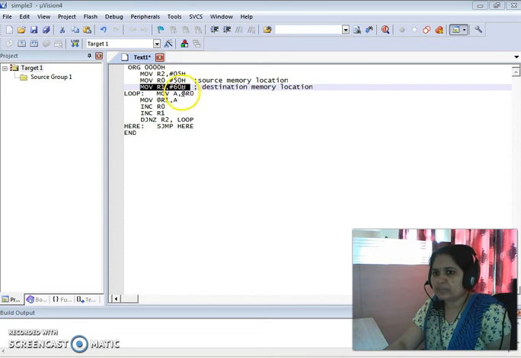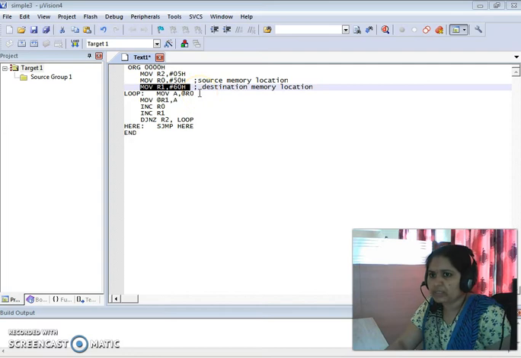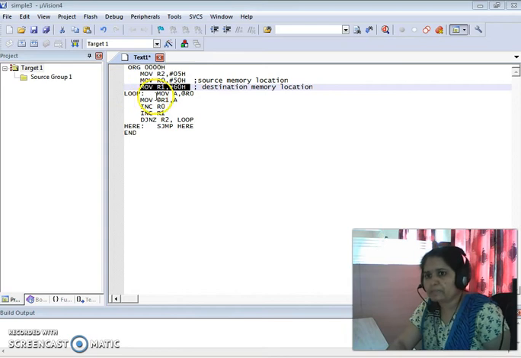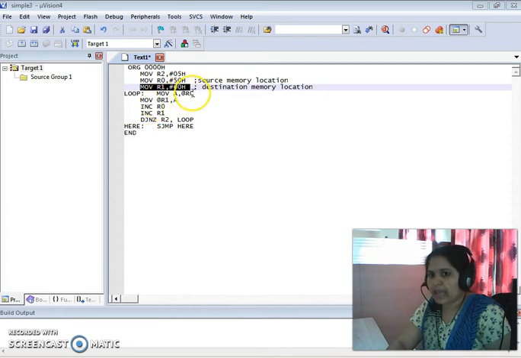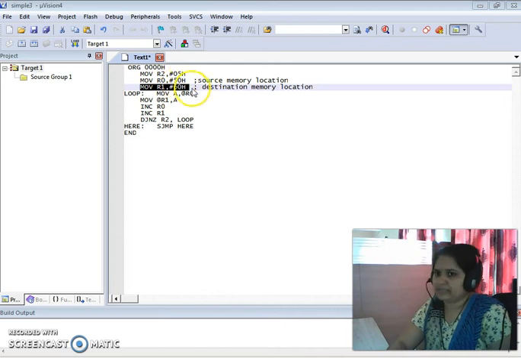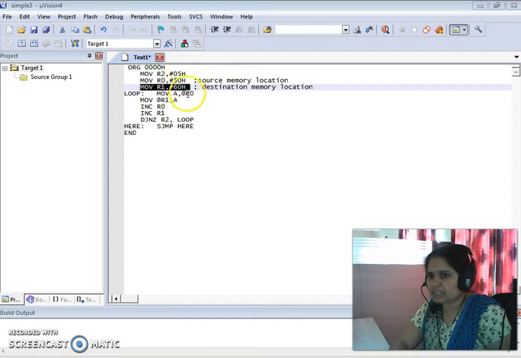Okay, so this is the meaning of transferring a byte from one memory location to another memory location. There are a number of ways you can write the program, but the program I am explaining right now is based upon the indirect addressing mode. So how do you come to know? The @ symbol is there, as I have used @R0, and when I write R0, #50H, this 50H becomes the address. Otherwise, if these symbols are not mentioned, then 50H becomes the value. So that's why I have mentioned it likewise.